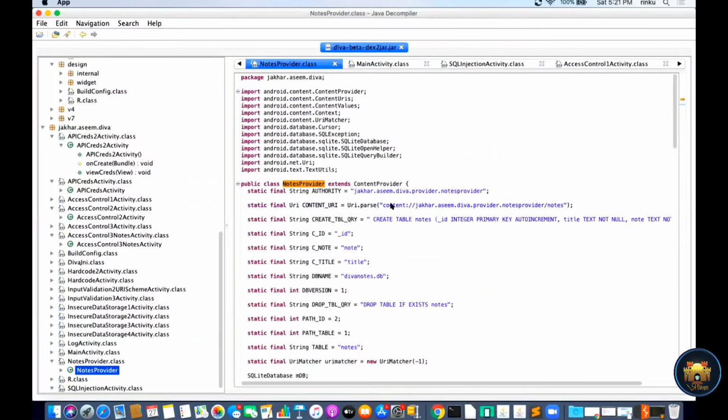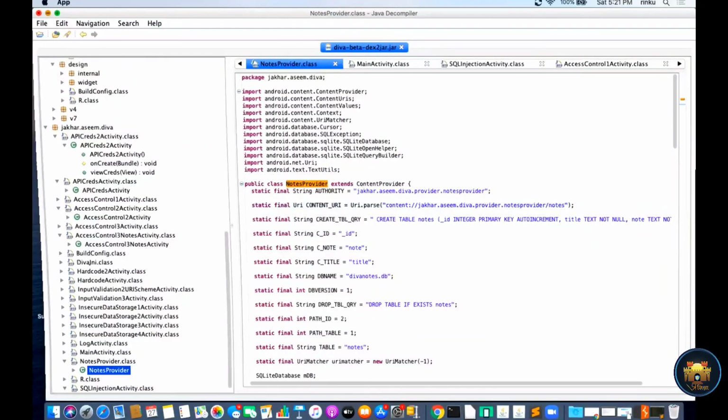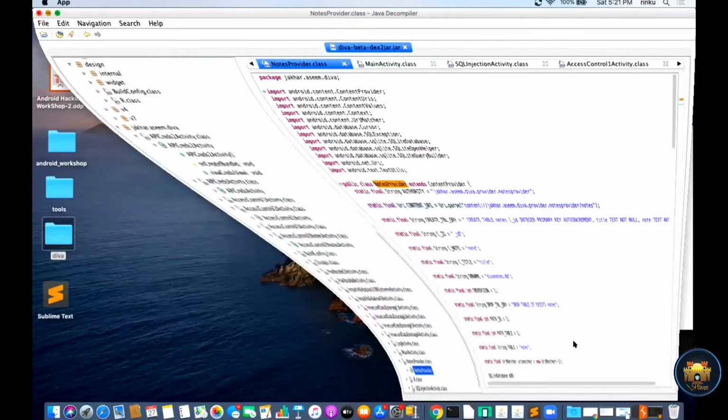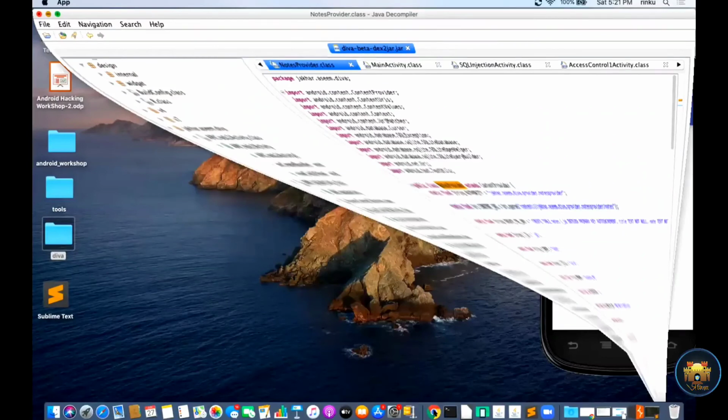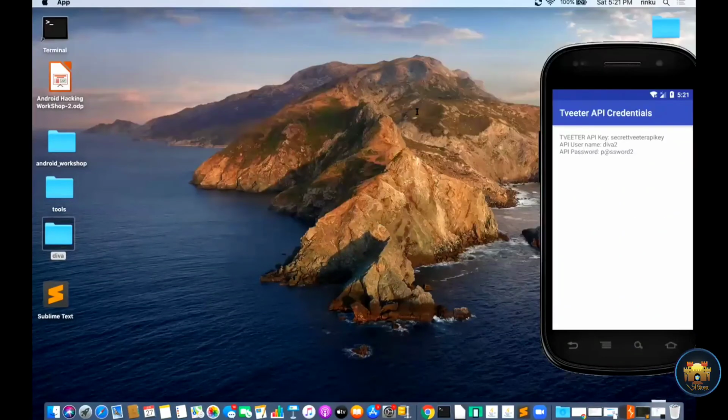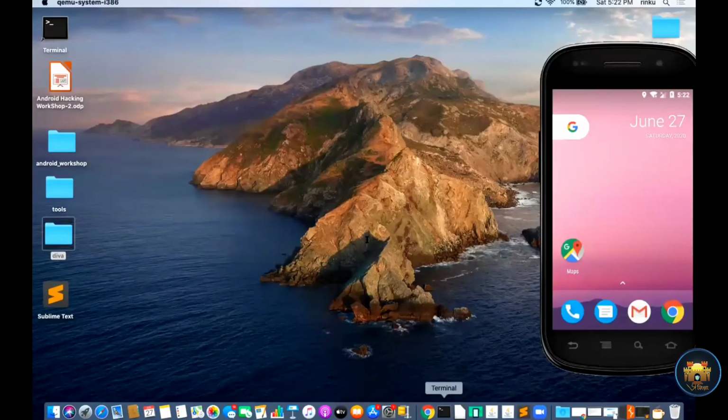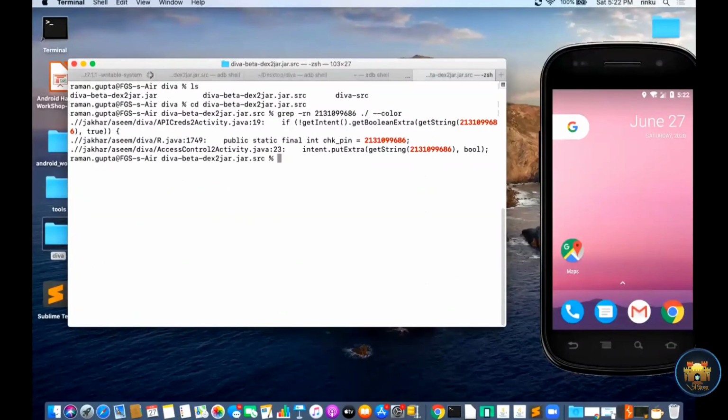Okay, so here we have already got this exact URI. This activity is already exported. Then why can't we use this to access it directly from another command or source? So we can. We are not using this application; we are using my command to access all the information, retrieving all the information without any permission. So, clear.